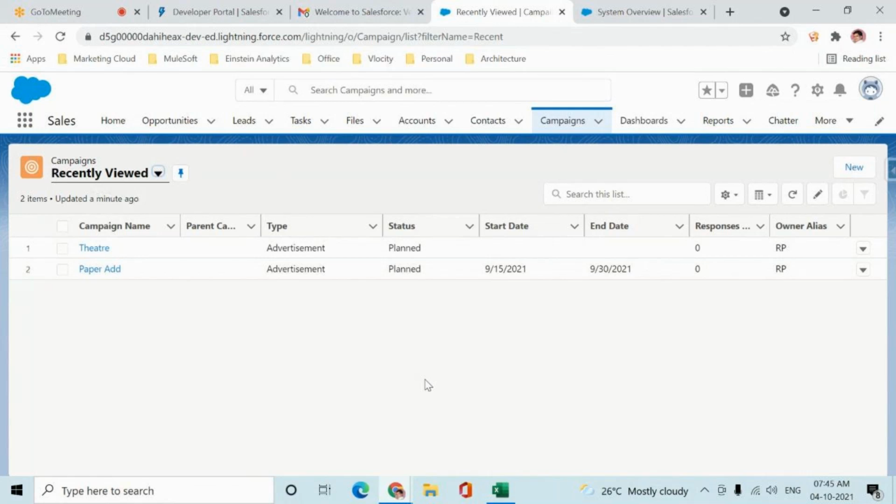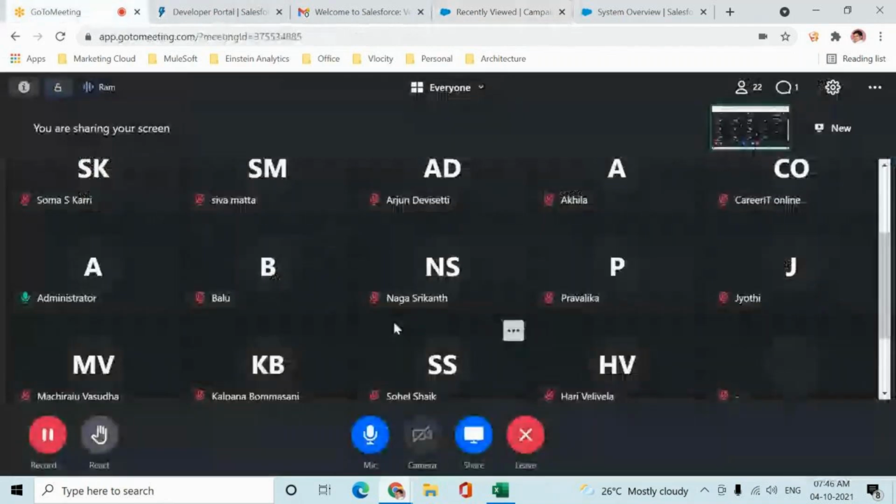Because there are key points that you should know. At the end of the day, at the backend it is just some tables. You are playing with the tables. This is what I believe with any system, any technology. You'll have some tables at the backend, and how it is shown to the end user is what matters, right? So if you are aware of Classic also, then it will be good. I will discuss a few features in Classic whenever required, which are still in use in a few organizations.